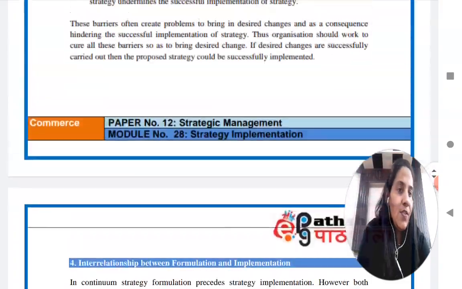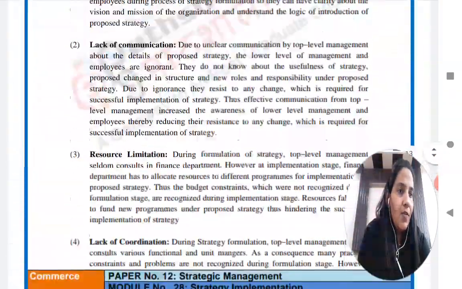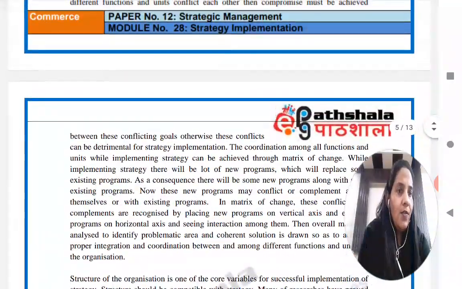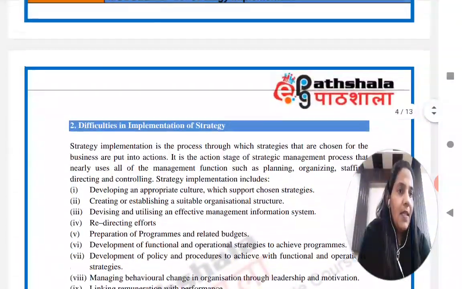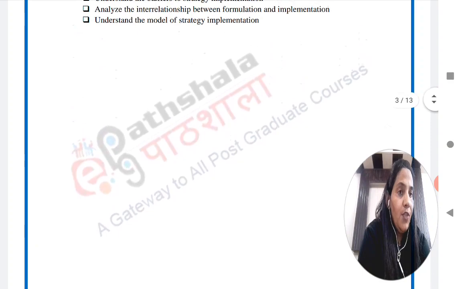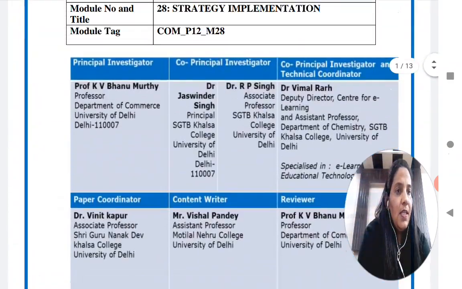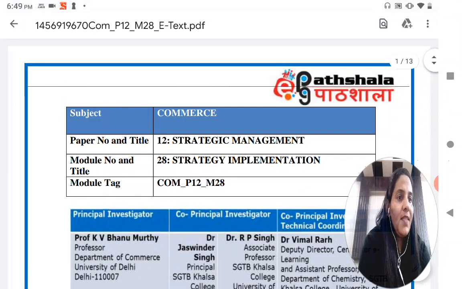So you can enhance your knowledge by staying at home. But even then, if things are not clear to you, it doesn't matter, there are some other sources also, video sources you can use. Here is the option to take the printout. If you want, you can take the printout of this.